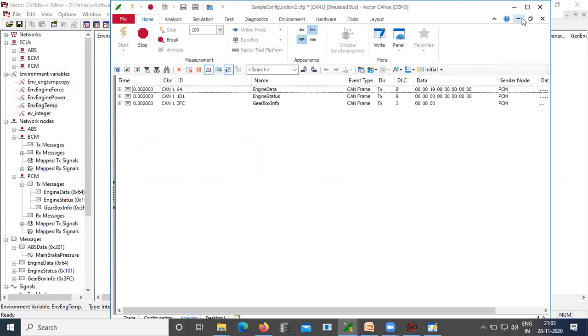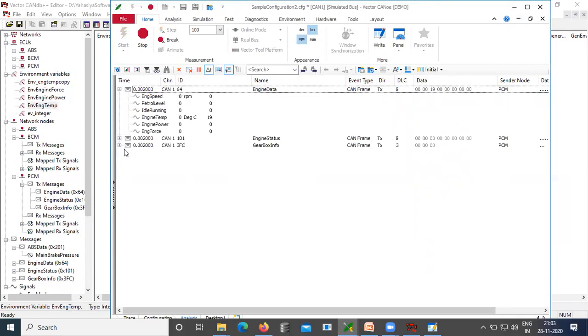So now we are seeing the traffic from the PCM node. We have all our things, but the engine temperature remains at 0. Now I want to change that. To change the value to 10, first I should press A. When I press A, the env variable will be updated.